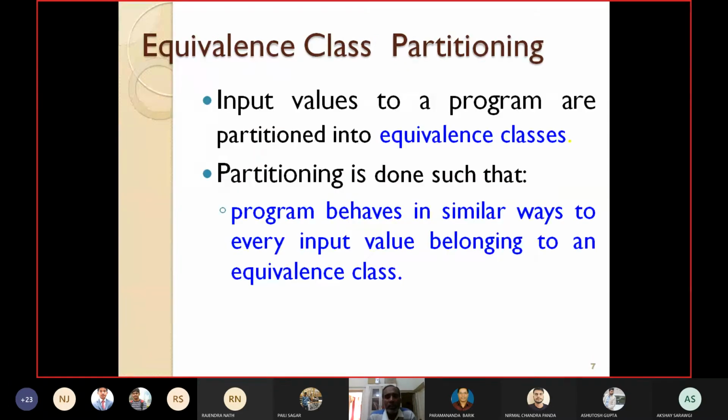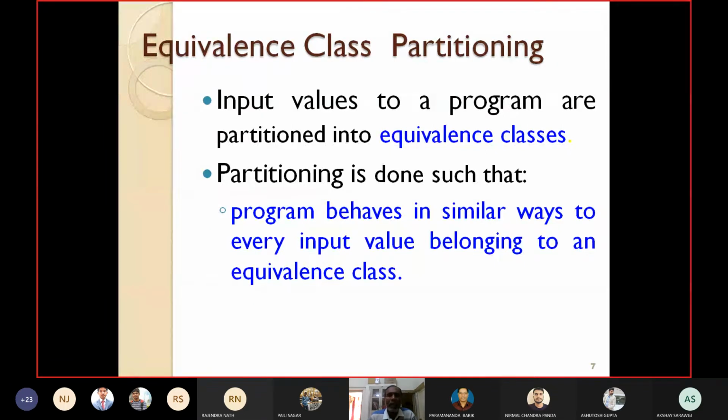In today's class we will discuss only one technique, that is equivalence class partitioning. Let's see how this technique works. According to equivalence class partitioning, the input data to be supplied to a program are partitioned into equivalence classes.